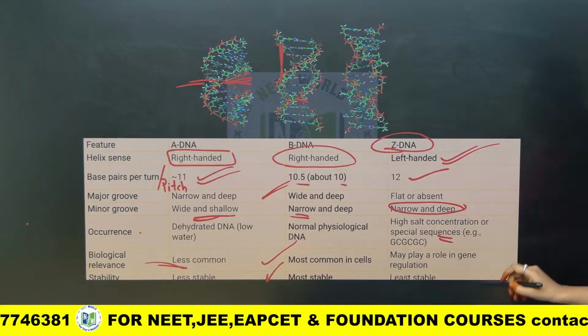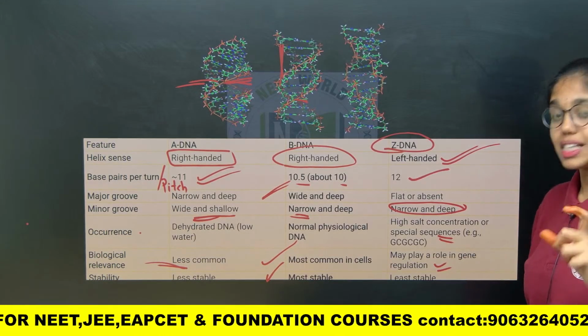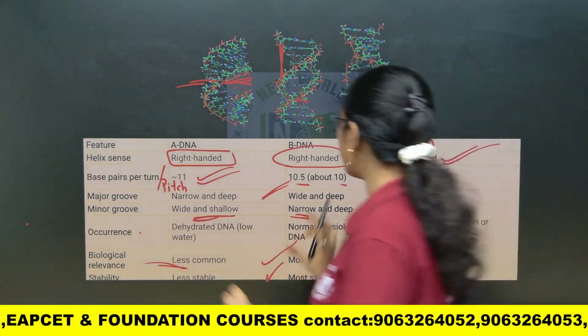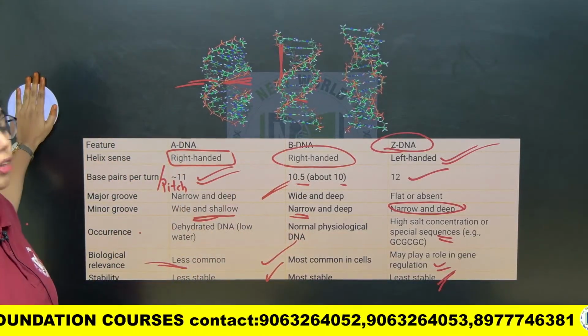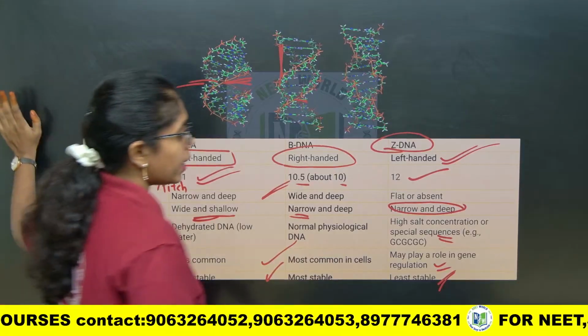Biological relevance, they may play a major role in gene regulation, and the stability is again less stable. Most stable is what? B type of DNA. These are the three forms of DNA: A DNA, B DNA and Z DNA. Next,